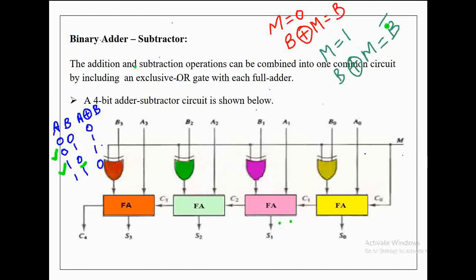If suppose mode control signal equal to 1, so this mode control signal value will be applied to all XOR gates as one of the inputs and as the input carry to the first full adder of the circuit. So now the output of the XOR gates are equivalent to the complement value of bit values of B. That is, whenever one of the bit values of XOR operation is 1, the output of the XOR operation is equivalent to the complement of the another bit value.